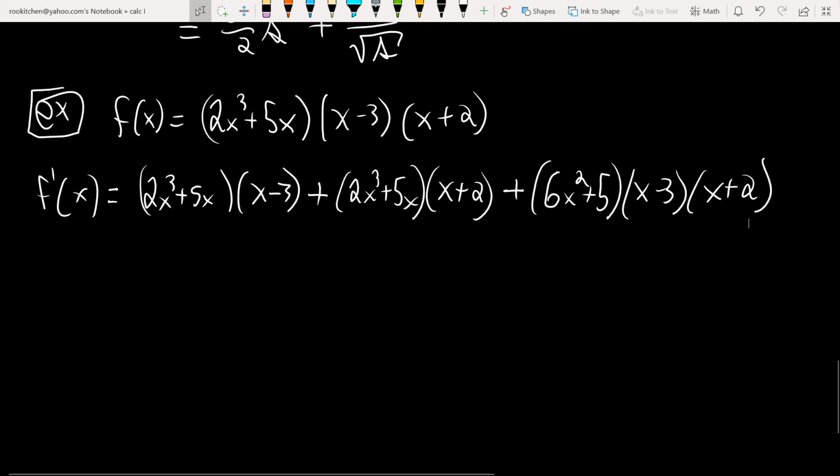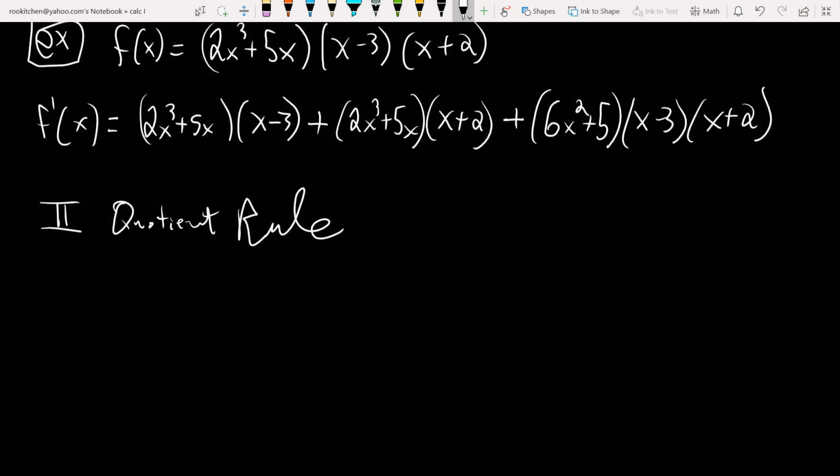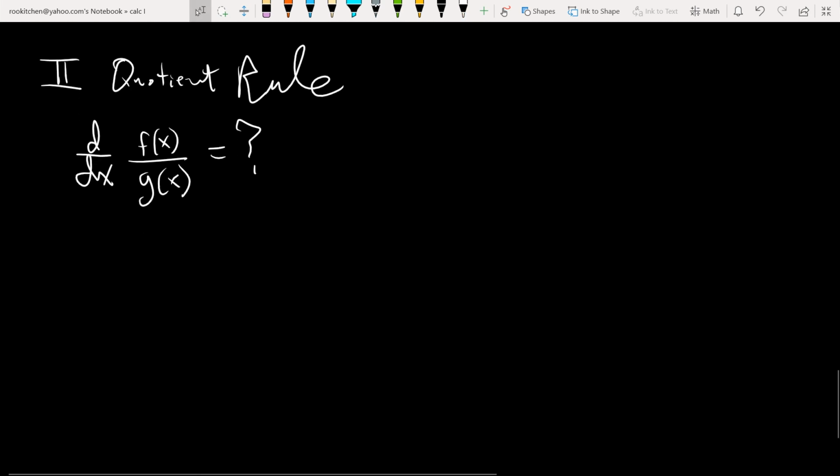Okay. Let's move on to the quotient rule. And again, we can play around with this notion that maybe, hopefully, the derivative of a quotient is potentially equal to the quotient of the derivatives, right? So right now we don't have a rule, but maybe that's what it is. Okay, so an example,